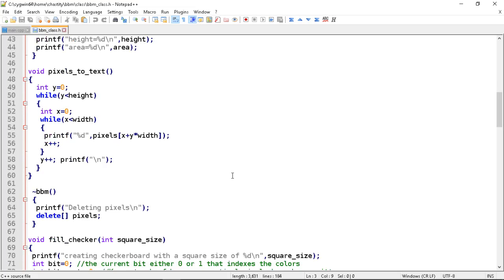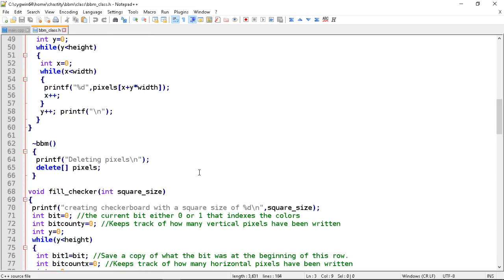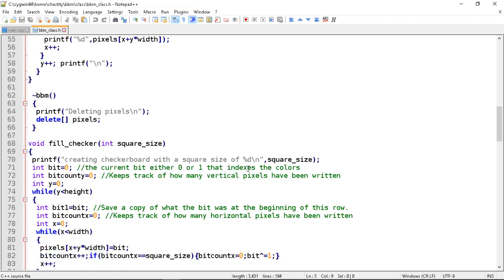text function, which I might show you, but that's not important. That was just a preliminary one. I'm going to keep it for historical purposes. And then here's a constructor and the destructor. It always prints that it's deleting the pixels, and then it actually deletes the pixels array. That means it deallocates the memory. So basically before the main function ends, it's going to deallocate all the memory so there's